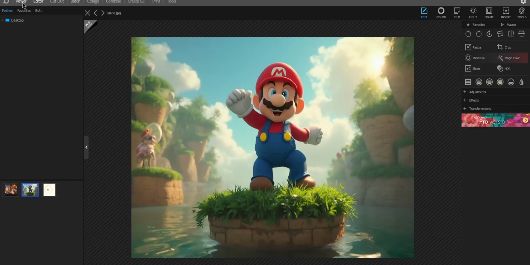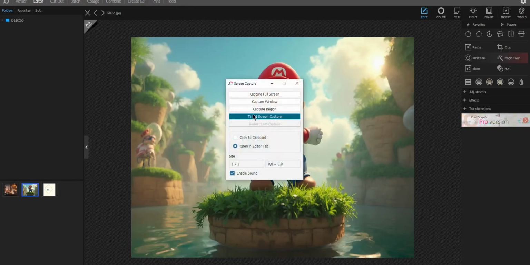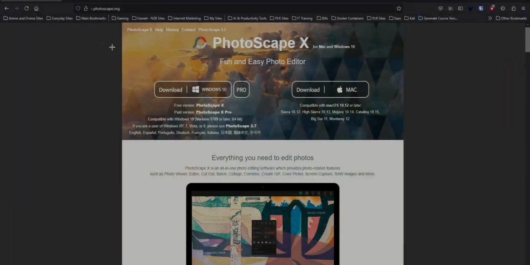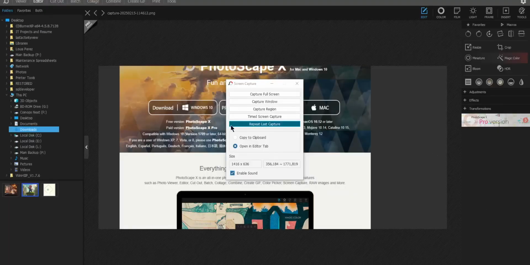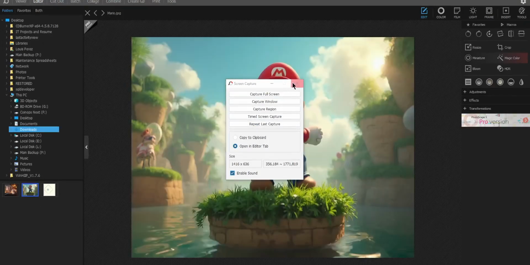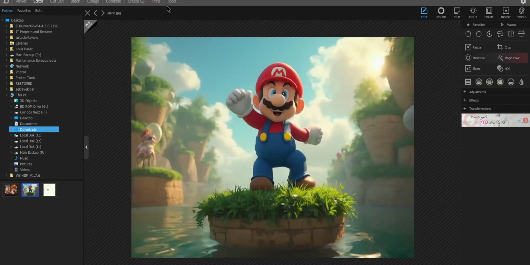They have tons of different things you can do here. You can create a GIF, you can print, you can do batch, you can create a collage. There's tools like a screen capture tool, for example. If I click capture region and I just do this, then that's the region that it captures. So with this here, you can